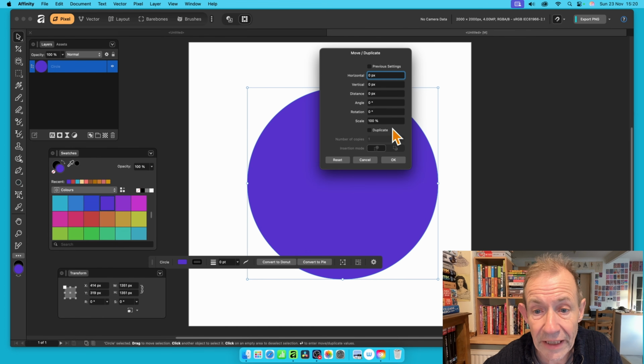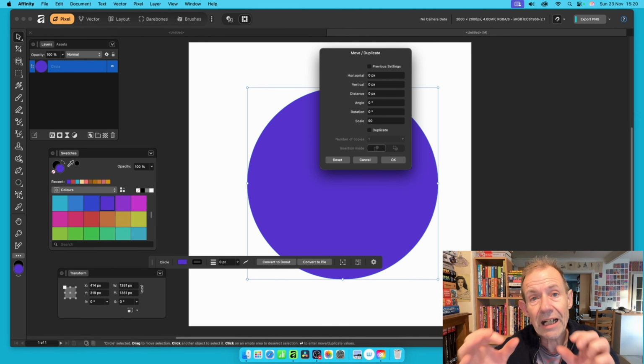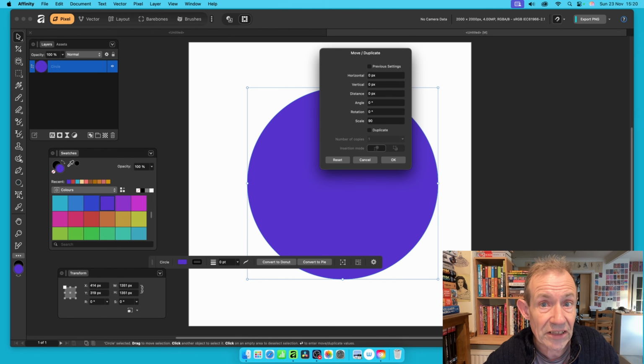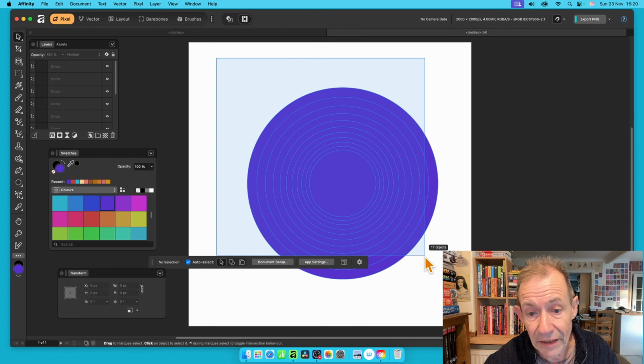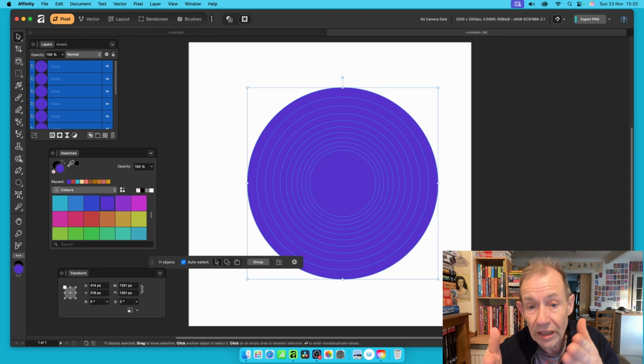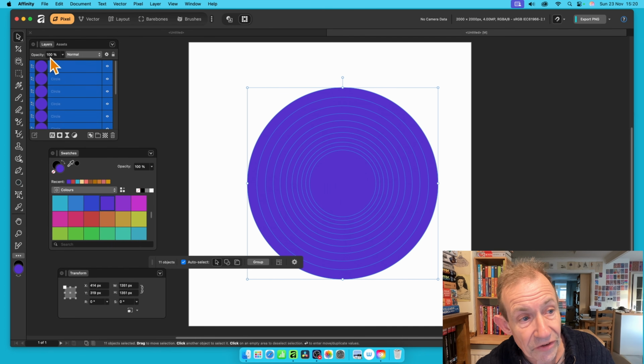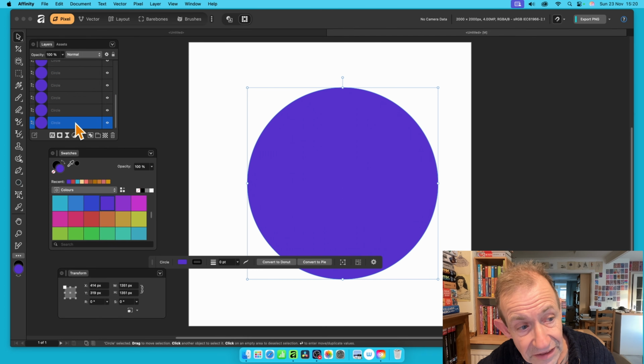And now you can enter scale. I'm going to go for something like 90. I want it to be reduced quite a bit, so 90%, and this is going to be done 10 times. So I'm just going to go here, duplicate, and I'm going to enter 10 and then click OK. And now if I drag over this, you can see you've got all these paths and they're all decreasing. And you can see over here in the layers panel, I've got all these layers and I can select them